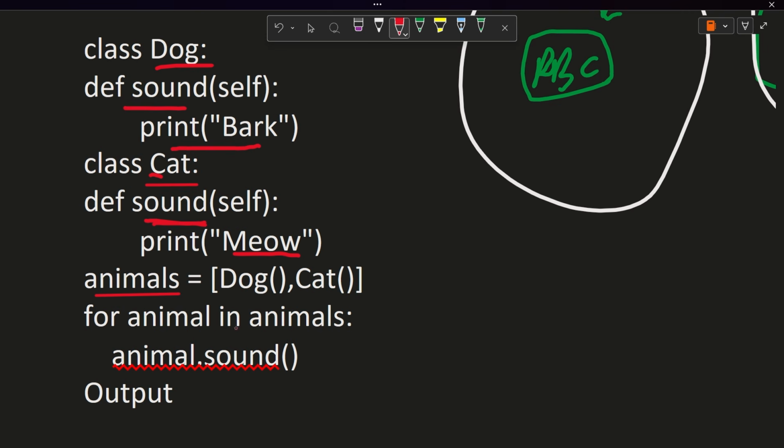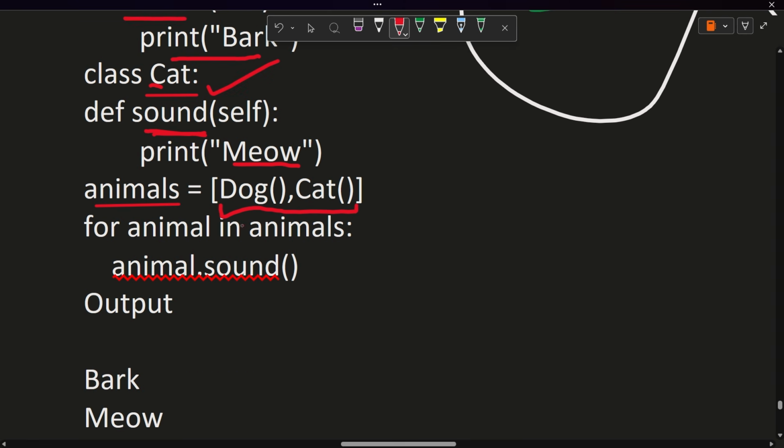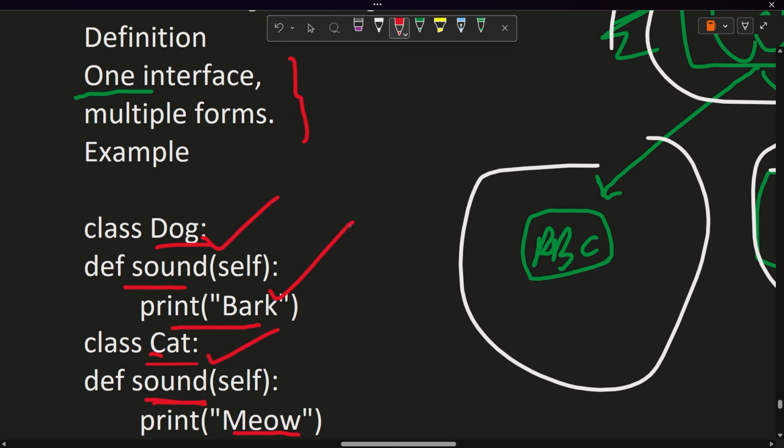So we are just iterating over each element of this list, and we are trying to print the sound of that. So the objects are passed over here. The dog is the object of this class, cat is the object of this class. After that, we are passing that into the list, and we are iterating over this list. So firstly, the dog object will come over here. This object will be assigned to this animal variable. After that, we are doing sound. So firstly, this sound will be printed of dog,